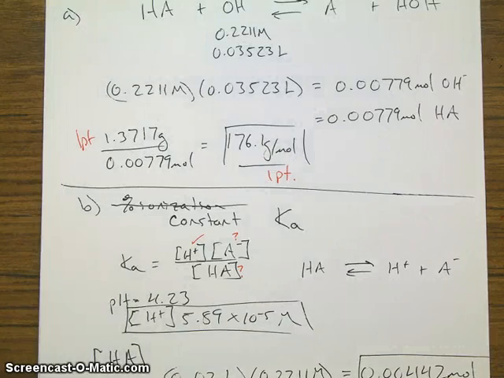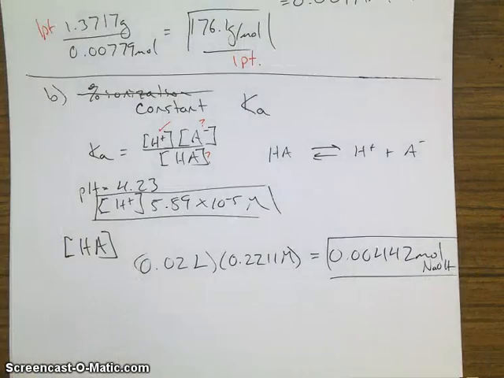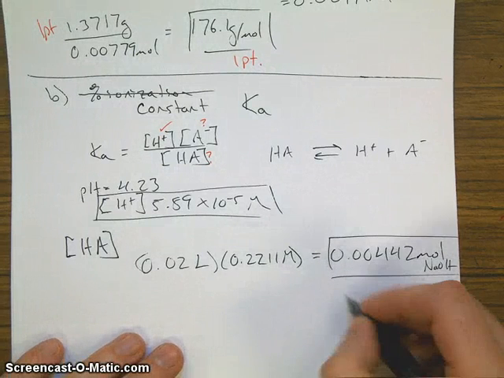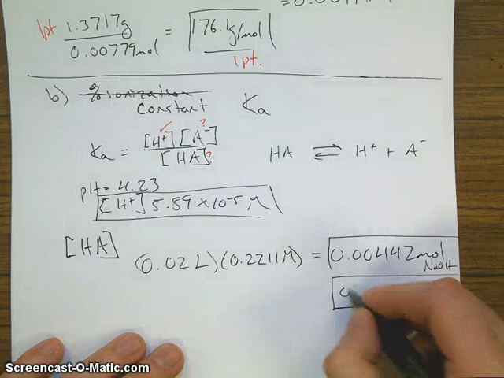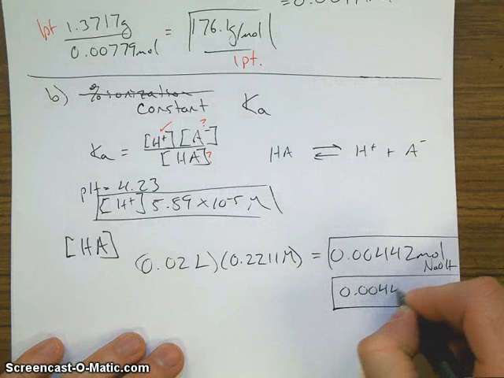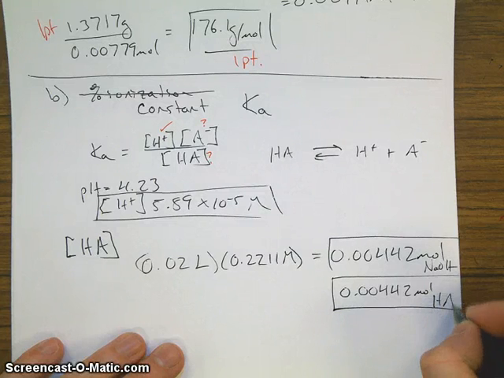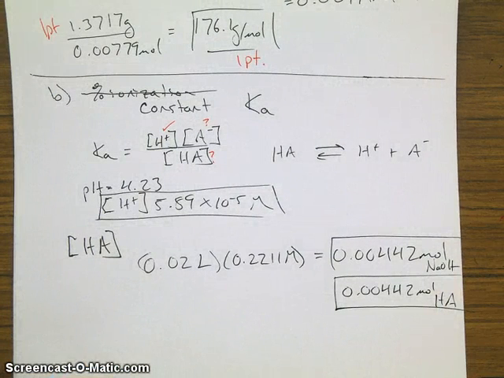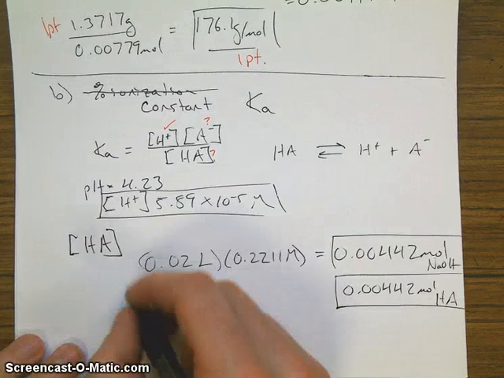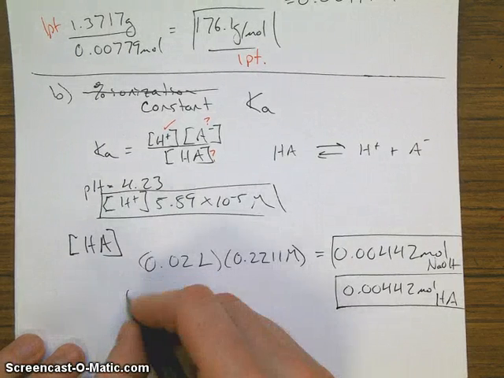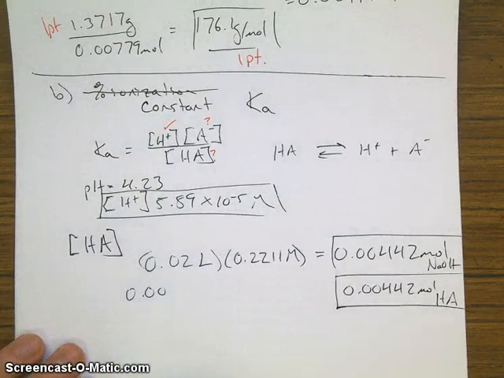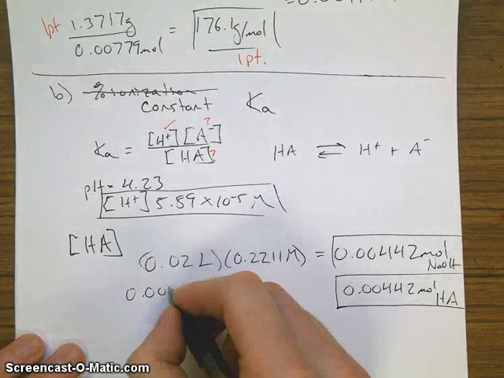Now, the cool thing is that that many moles of sodium hydroxide have reacted in a 1-to-1 ratio with HA. So I also know that it's 0.00442 moles of HA that have reacted at this pH. Now what I'm going to have to do is obviously figure out the volume in that solution when we're at pH 4.23. So I'm going to take the moles, which is 0.00442,